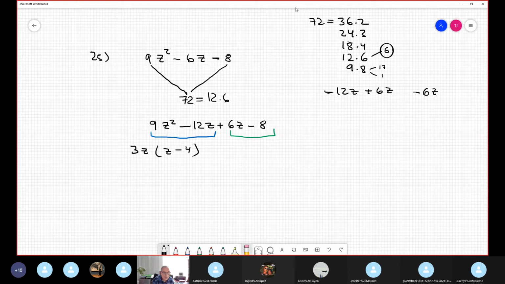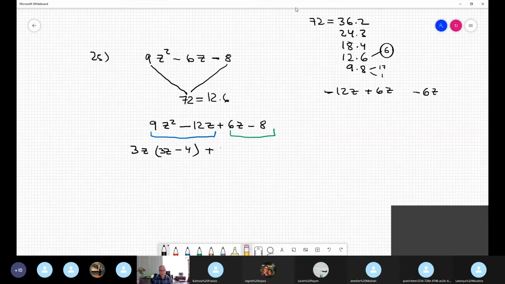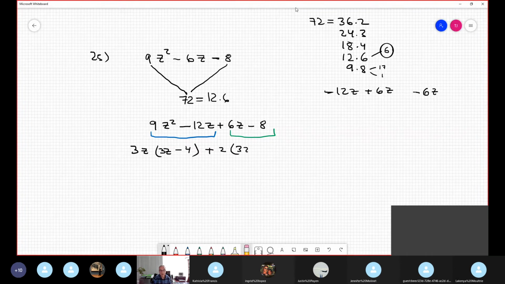Let me check just in case. No, 3 here. Because 3 times 3 is 9. z times z is z squared. 3 times z is minus 12z. Okay, super. And what is the GCF in the second? 6 and 8. It's 2. 3z minus 4. I am happy